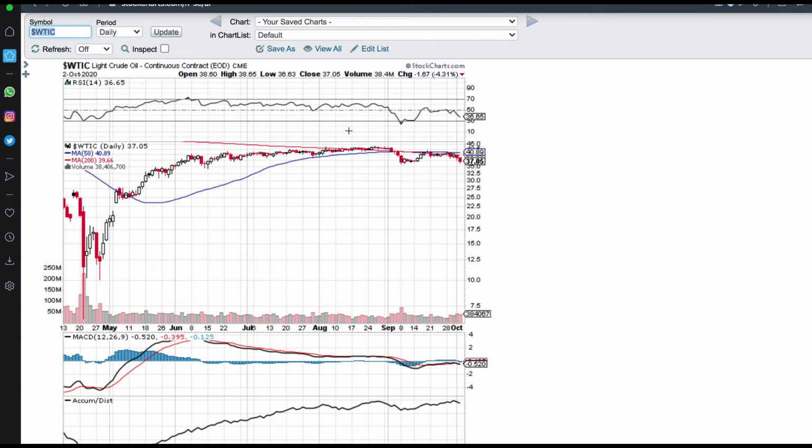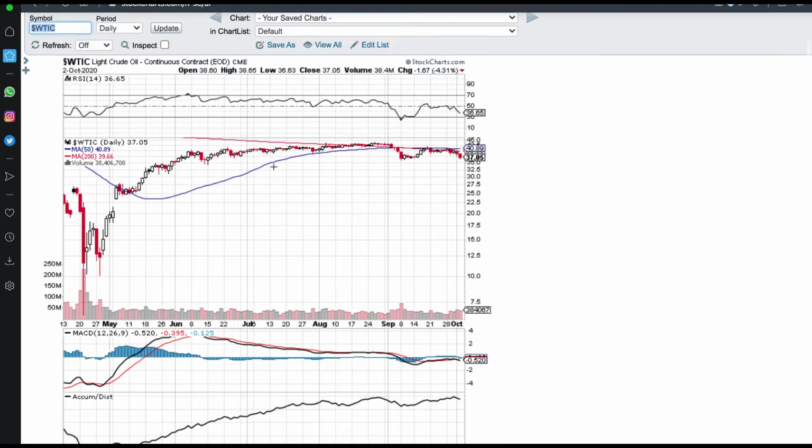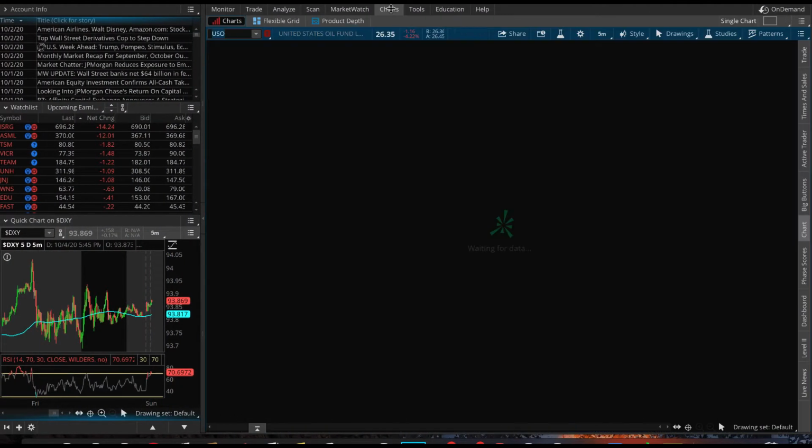Now they're saying they're going to keep the oil production rate the same. What does that create? It creates a supply and demand imbalance where we have less demand but the same supply. What they needed to do instead was lower the supply, and that would raise the price, or be a positive catalyst. But the fact that they're keeping it the same is a negative for oil, which is awesome. It's an extra catalyst for oil to continue dropping.